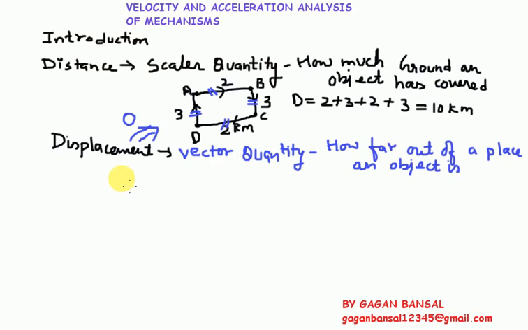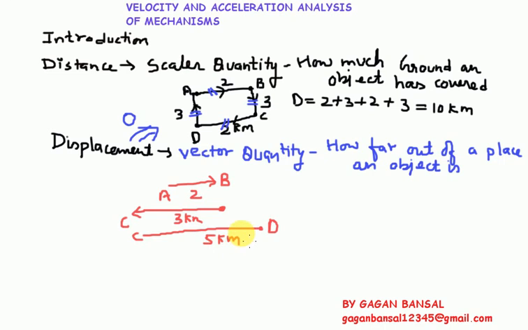Hope you're clear. For more clarification, suppose a body starts from, say, point A, goes to B, say 2 kilometers, then from point B it comes back to C as 3 kilometers in opposite direction, and then again from point C it goes along the same line to point D, which is 5 kilometers. So in this case,